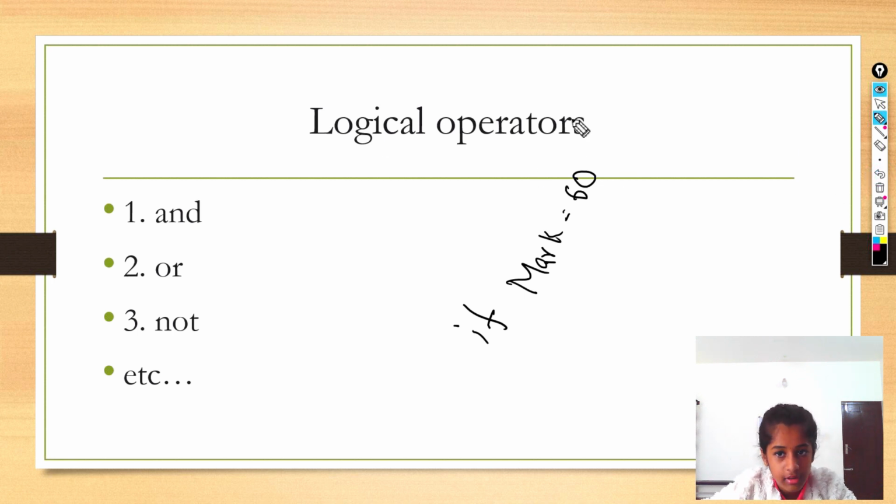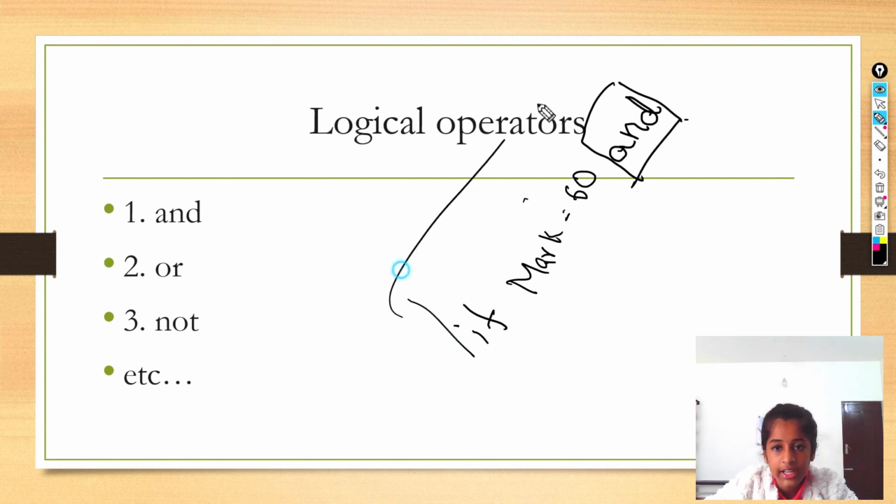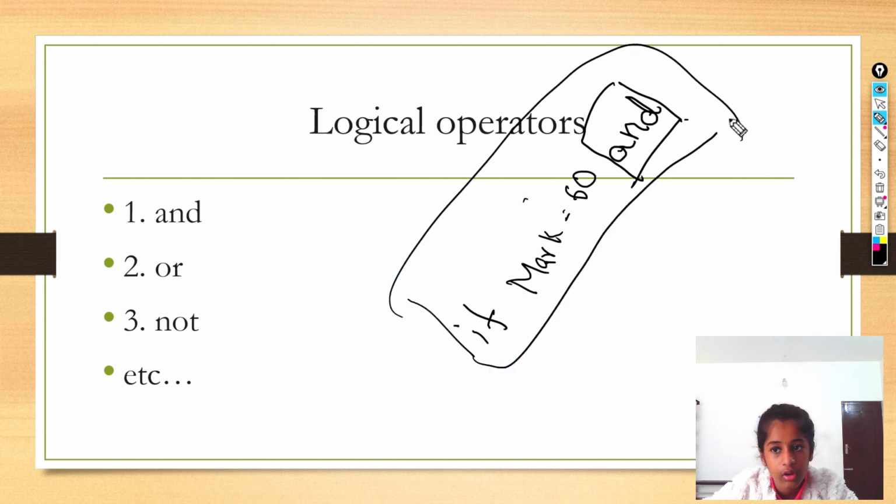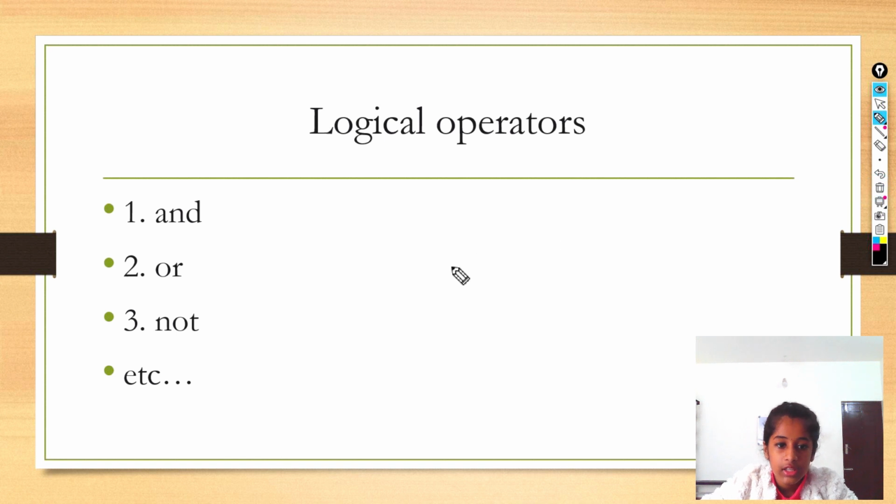You guys can think it's an error. So what does logical operator mean? You add the "and" over here. So this "and" is the logical operator here, and this full sentence is going to be logical. That's why you're going to call it a logical operator. The same goes for "or" and "not equal to".